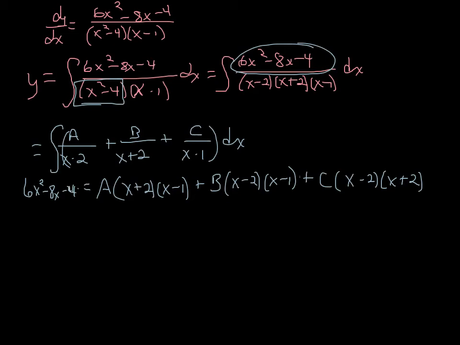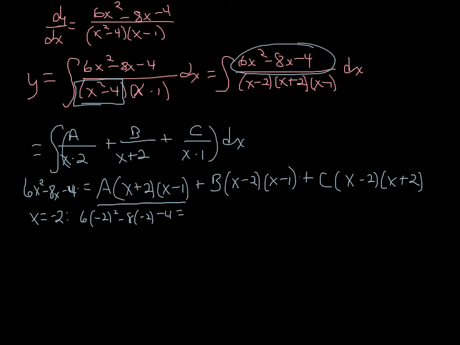The process will be the same. We'll just find the value that makes each term equal to 0. So let's go ahead and start with what will make the A term drop out. Well, either 2, negative 2, or a positive 1. And so it doesn't matter which one you choose. Let's go ahead and do when x equals negative 2, just since that term comes first. Okay, so make sure you plug negative 2 into everything. So we'll have 6 times negative 2 squared minus 8 times negative 2 minus 4